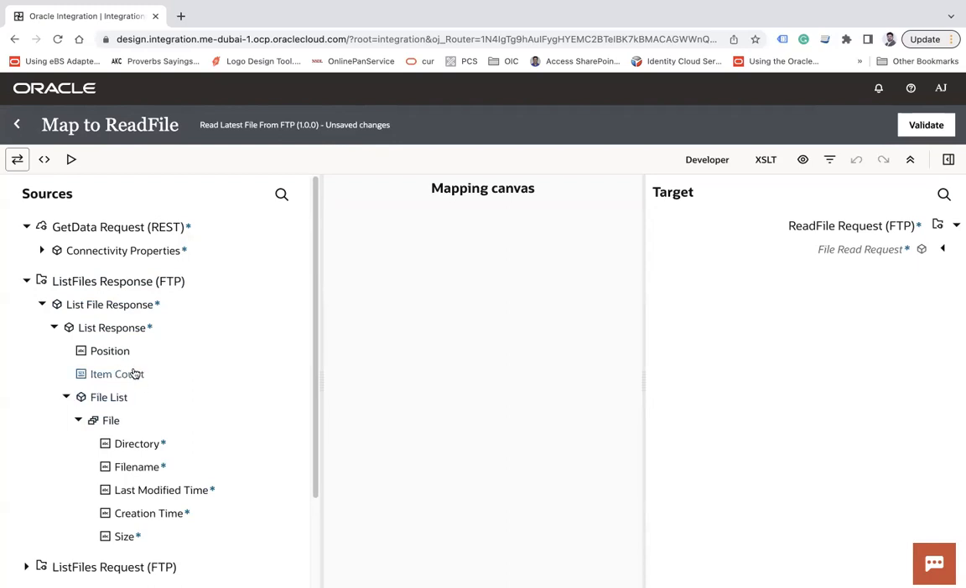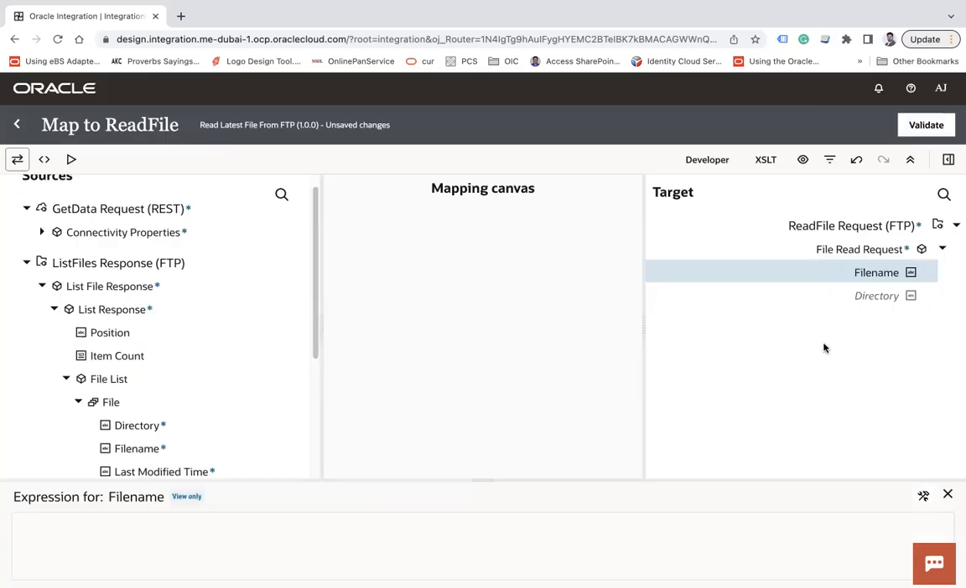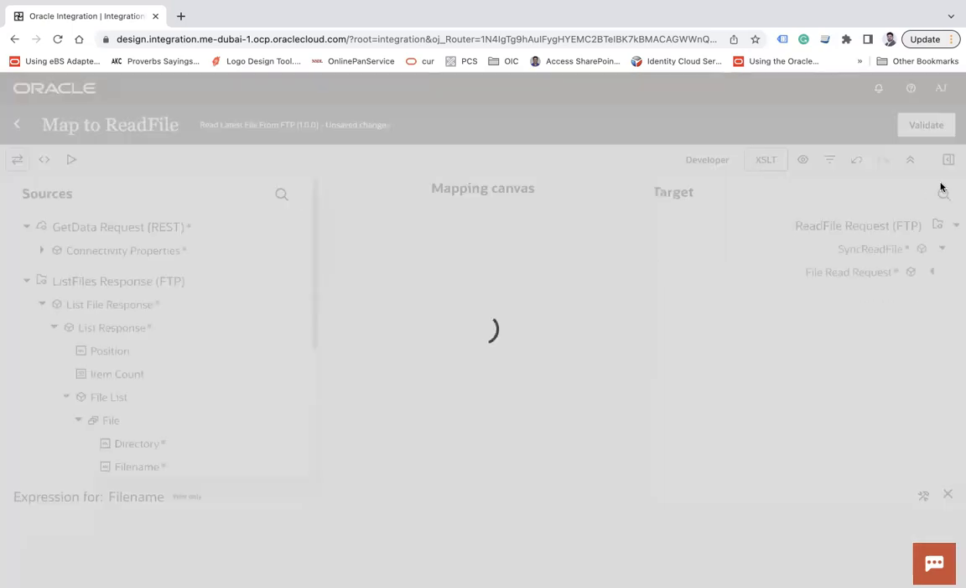So this item count will give you the number of files that are there on the FTP. Sometimes you need the number of files you have, so you can use this item count. And here we can see the file is of an array type. So what I will do here, I'll do a for each, create target node and use the XSLT